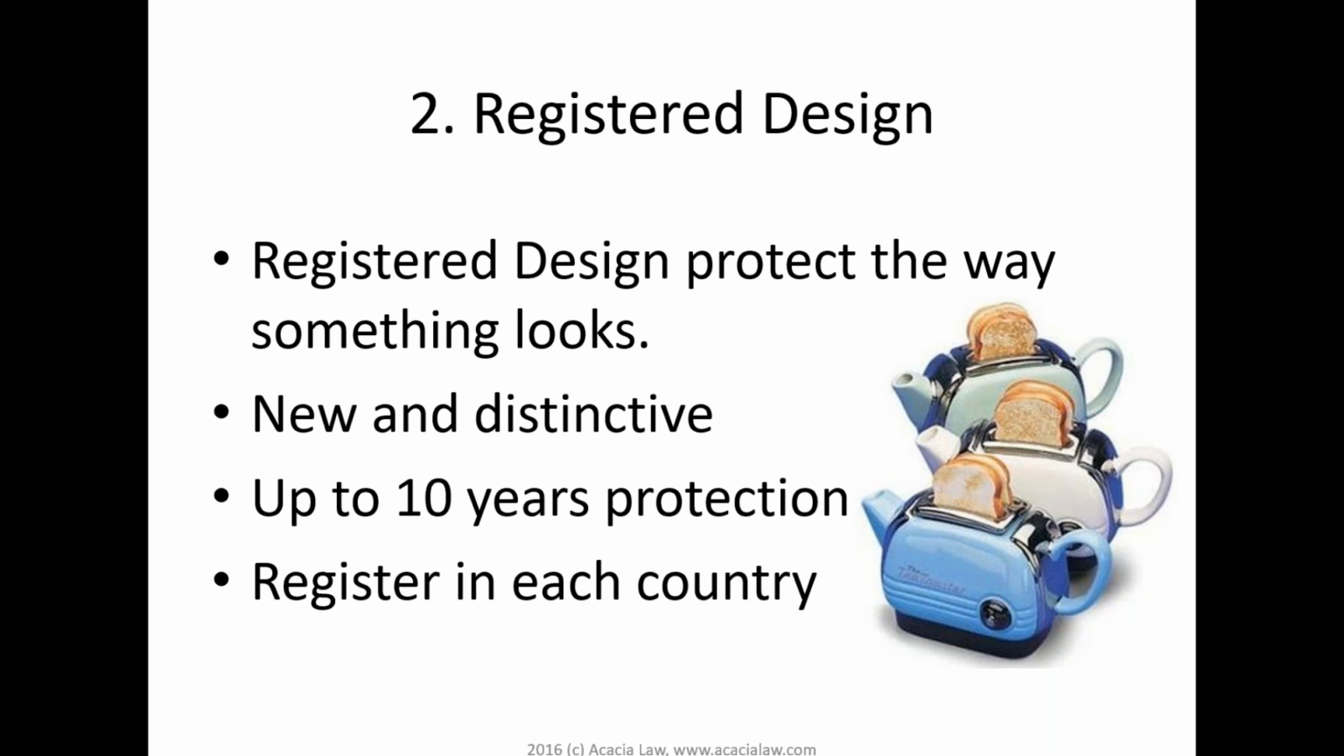Now we're moving on to the second type of intellectual property, and this is a registered design. Those are teapots that look like toasters. So a registered design protects the way that something looks. It's the shape, they call it the shape or configuration. Very often people would want to register designs for things like furniture, new car parts if it's a particular new shape, jewelry. So if you're a creative person and you're creating new looking products, designs might be something for you